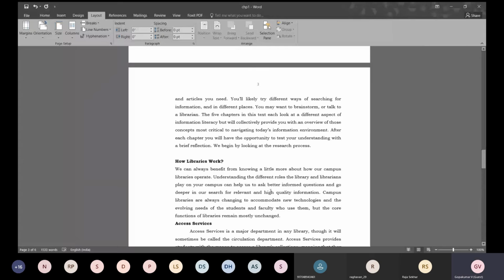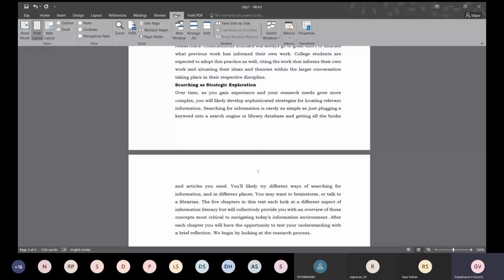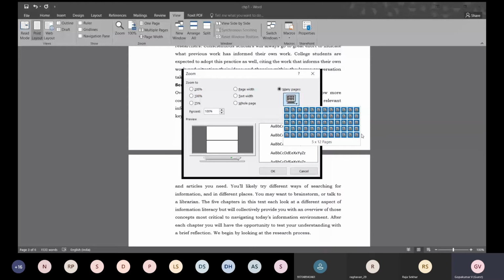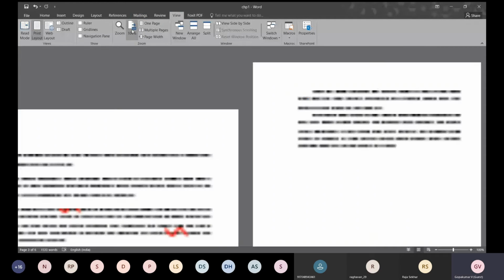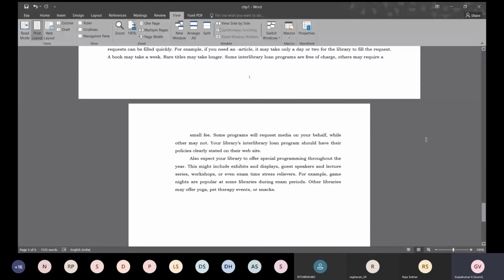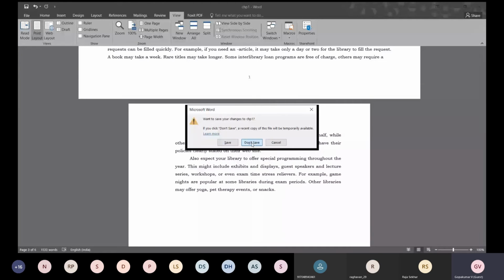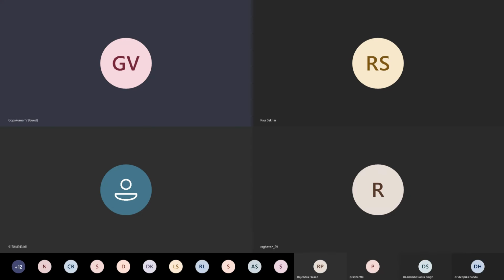If you go and see through this zoom and see all the pages together, you can see the difference. See the 1, 2, 3, and the 4th page is in the other orientation. I will repeat the entire thing again so that you will learn it. Go to view, click on the 100% option. Now I will close this window and open it again to show this one more time. This is very important because in most social science theses, this is always there. So I'm just stopping and sharing it again.